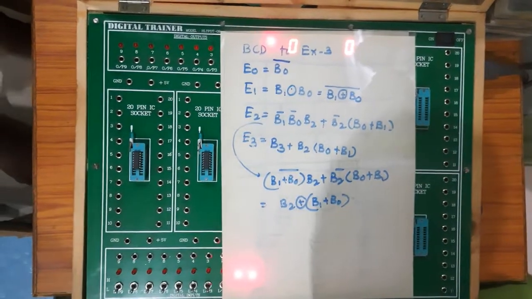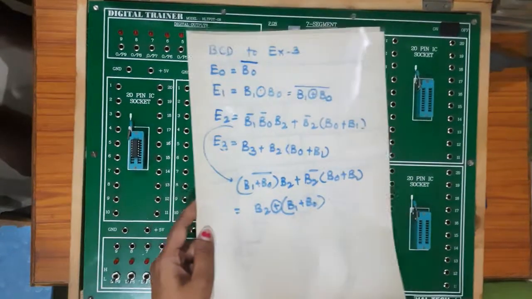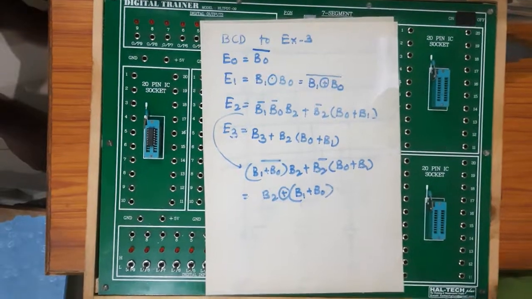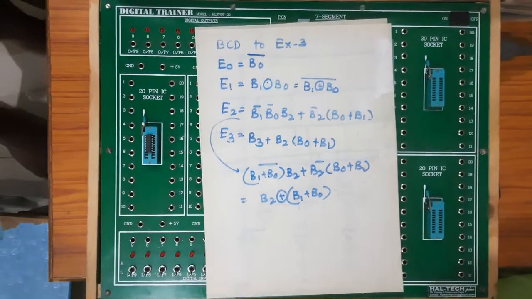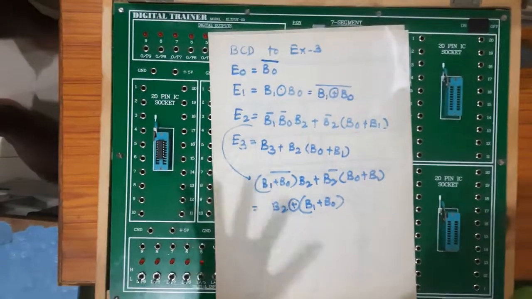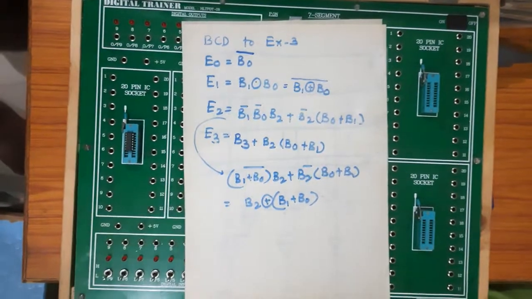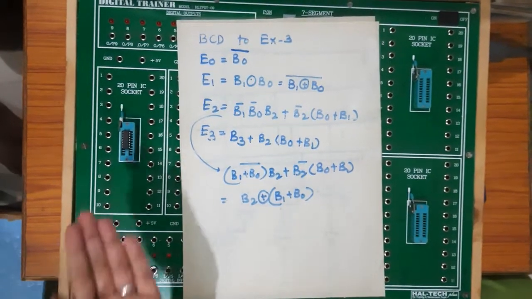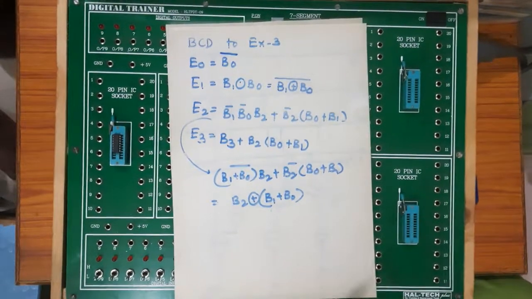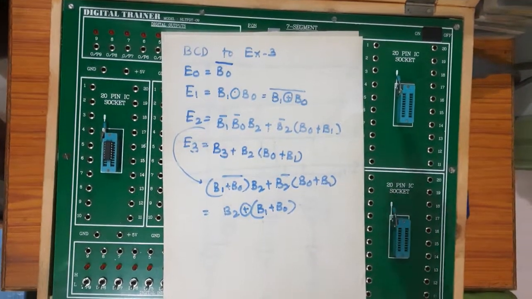Now I hope you understood the basic functionality of the digital trainer kit. Now we'll move forward towards the first assignment, that is a code converter. Even though we have designed various code converters, binary to gray, gray to binary, BCD to XS3, XS3 to BCD, in the lab we are going to implement BCD to XS3 and XS3 to BCD conversion. So I hope you have in your mind how the truth table is designed, and with the help of the truth table how the values are kept into the K-map and how grouping is done, and based on that how equations are formed.